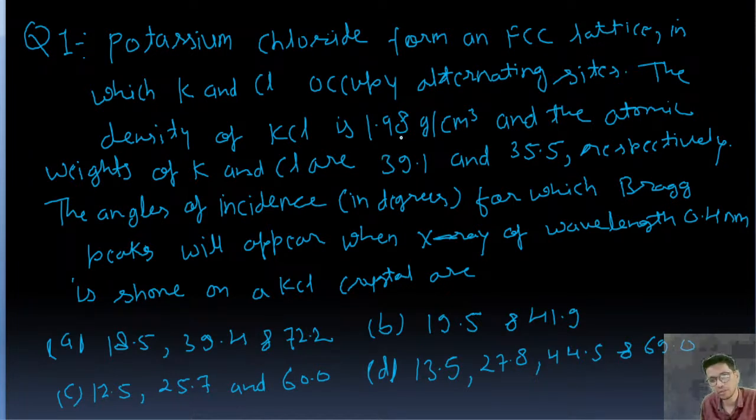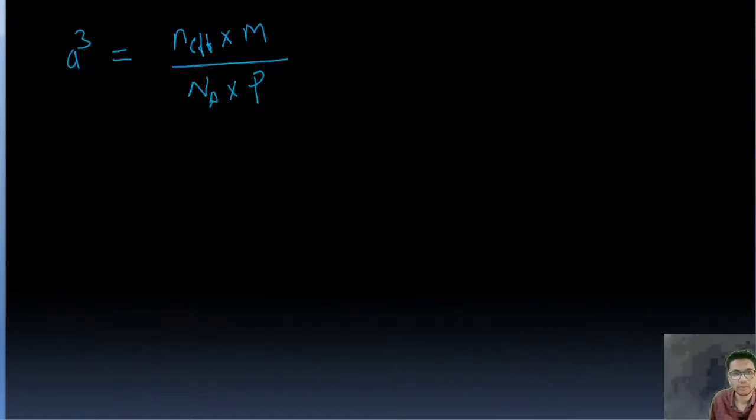The density is also given, that is 1.98, and the atomic weights, that is molar mass, are given, that is 39.1 and 35.5 for K and Cl respectively. We need the angles of incidence for which Bragg peaks will appear when X-ray of wavelength 0.4 nanometer is shone on a KCl crystal. Now from here, a cubed